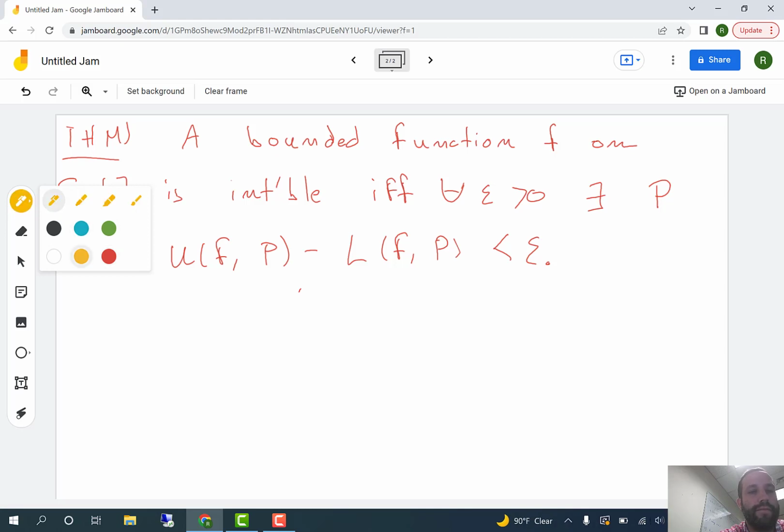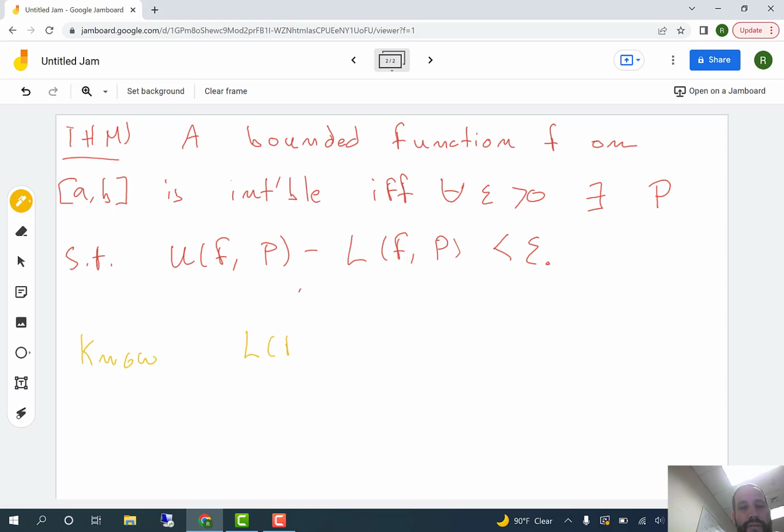Okay, I'm going to prove this obviously on the next slide. The non-obvious thing is that I'm going to prove it on the next slide. But let me talk about this for a second. Notice another way to rewrite this inequality is to say that U of fp is less than L of fp plus epsilon. Now, if I want to prove that two numbers are equal to each other, I need to prove one is less than or equal to the other, and the other is less than or equal to the one. But notice we already know, from what we saw on Monday, that L of fp is